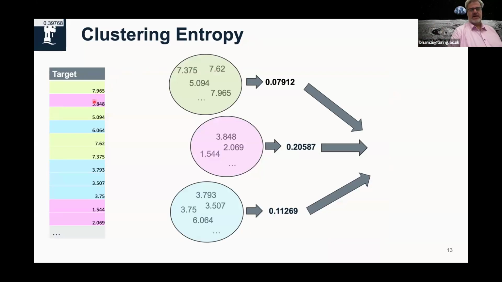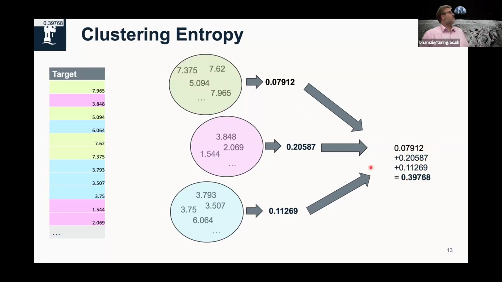So we've got the target, and now we look at the groupings of those target values according to that clustering on the feature side, and we see how diverse these are. So we use this Gini coefficient, this measure of diversity, to decide how diverse each of these is. So we've got a measure of diversity, and then we add those together to get a final thing, which is doing this strange thing on this side of the screen.